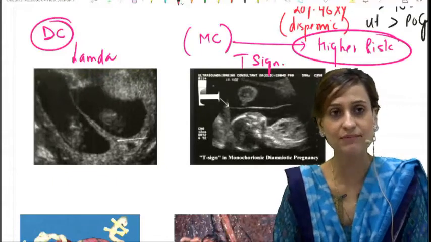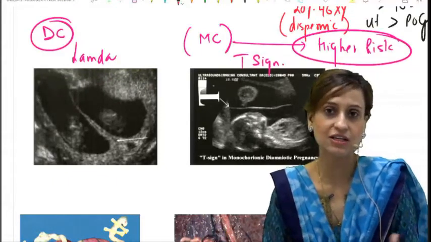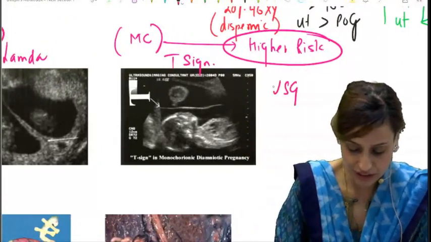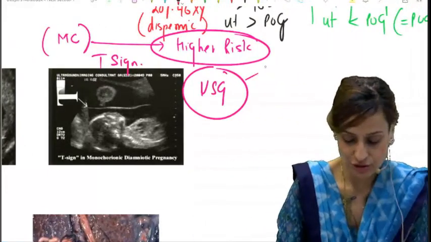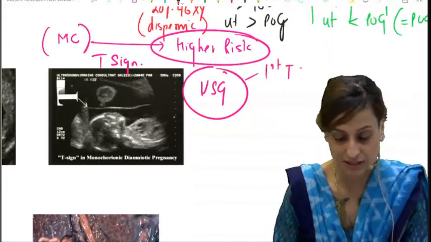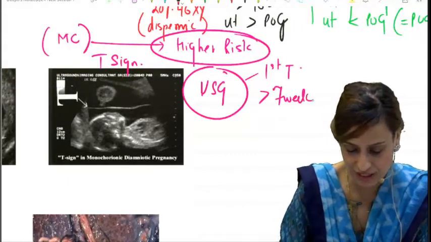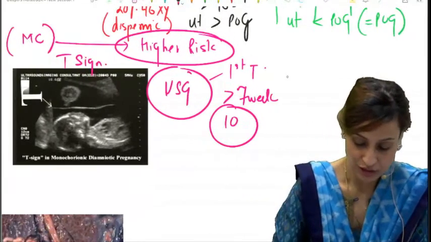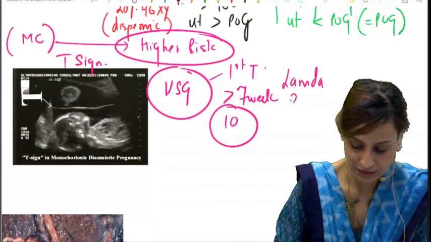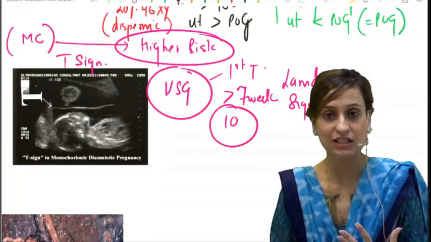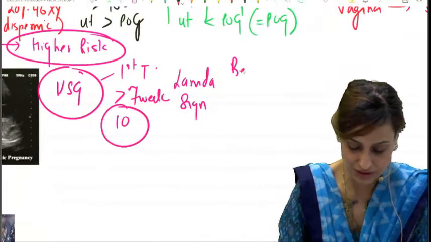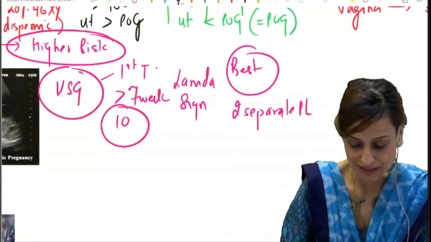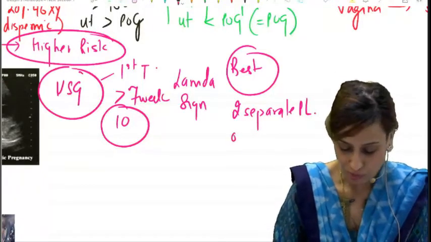So a lot of times in your exams you want to know whether the pregnancy is monochorionic or dichorionic. The best way to look for this is on the ultrasound, right? This ultrasound should be preferably done in the first trimester and preferably done beyond 7 weeks. The best time to do it is around 10 weeks, right? Now, that's when you will see the lambda sign, but what are the better signs to say that it is dichorionic? The best signs to see that it is dichorionic is either if you see 2 separate placentas, right, or you see opposite sex twins,